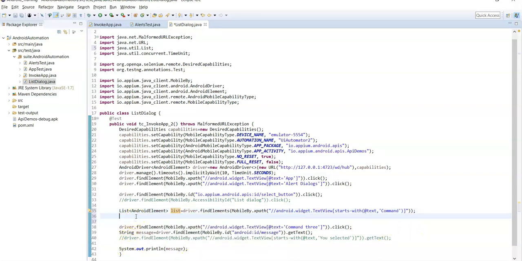Now we can print those values using a for-each loop or a for loop.